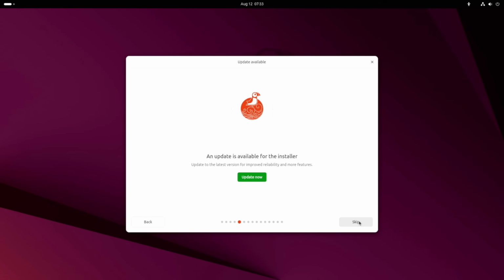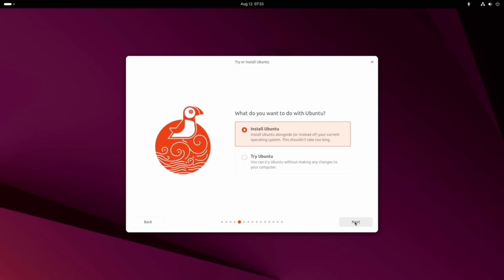As for the next window, I want you to keep this in the back of your mind for reference later on in this video. We're being asked if we want to update the installer, which is what we're using now. I downloaded this and installed it on the exact same day, so I'm not sure why we need to update it if it's a fresh download. But it's giving me the option to skip it, so I'm going to skip it. Next, we get the official prompt as to whether we want to just try Ubuntu or install it properly. That's pretty handy because, as I mentioned, we can't see the taskbar or the dock anyway here, so it's not apparently obvious that this is the proper desktop.